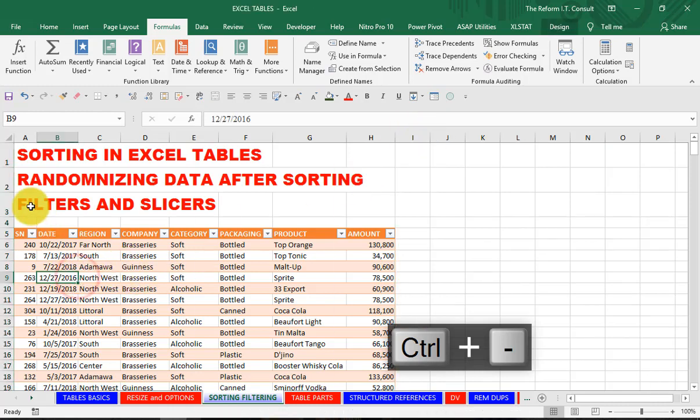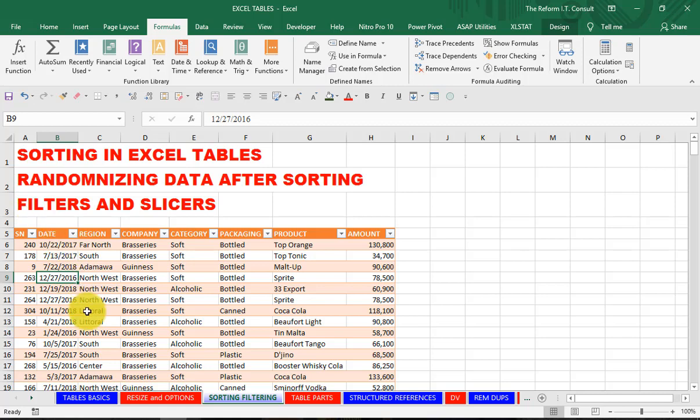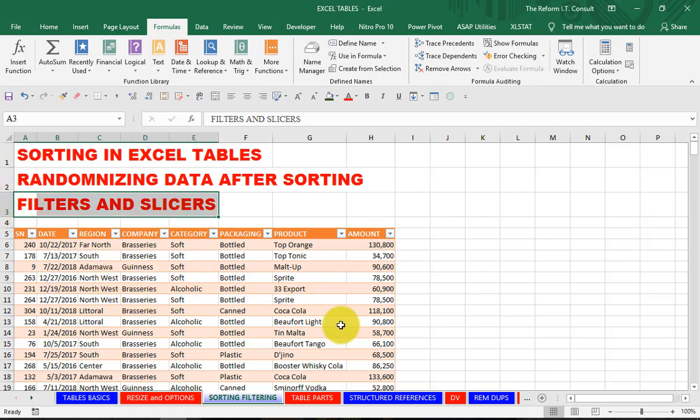The next thing we want to look at is slicers. Slicers are incredibly powerful. For those who are not versed with writing formulas, if they master how to use slicers, they can produce reports, even though the reports will not be dynamic, but they can manage to use slicers and produce very good reports. So how do we use slicers? There are three types of filters.